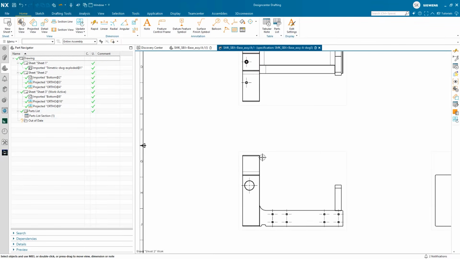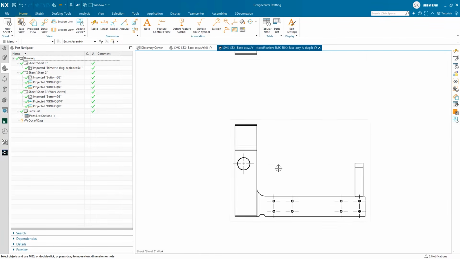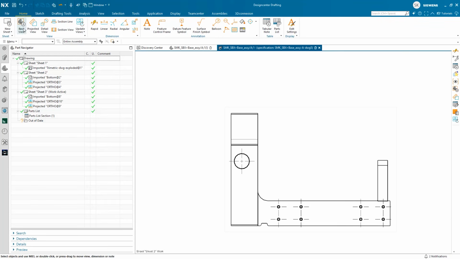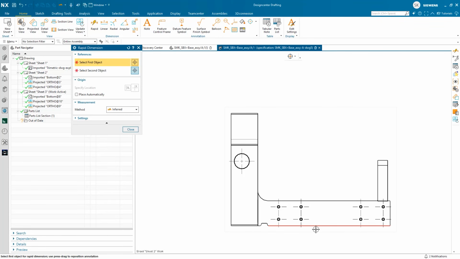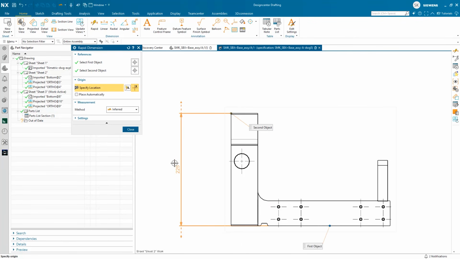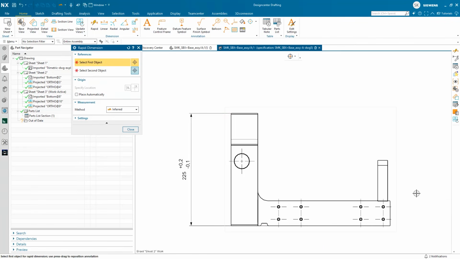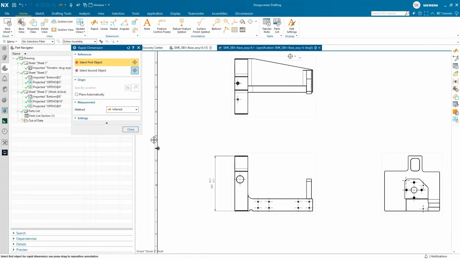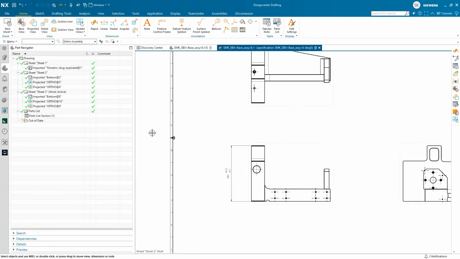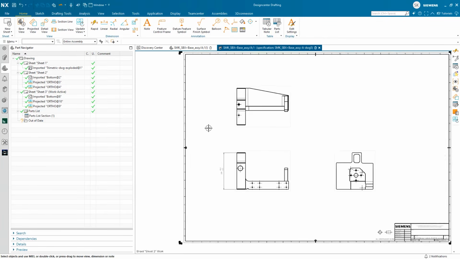Like what I previously created. So now at the detail views, I want to add some of the dimensions that are critical for defining this detail component's shape and size. I can add the tolerance while I'm creating a dimension. So I can add some of those tolerances, defining the upper band or lower band of a tolerance. I want to add these dimensions to all these different views.